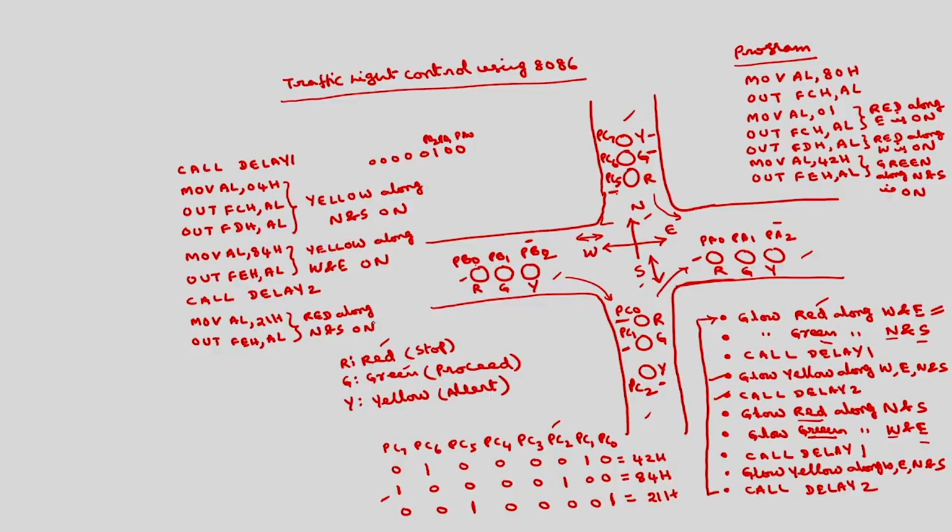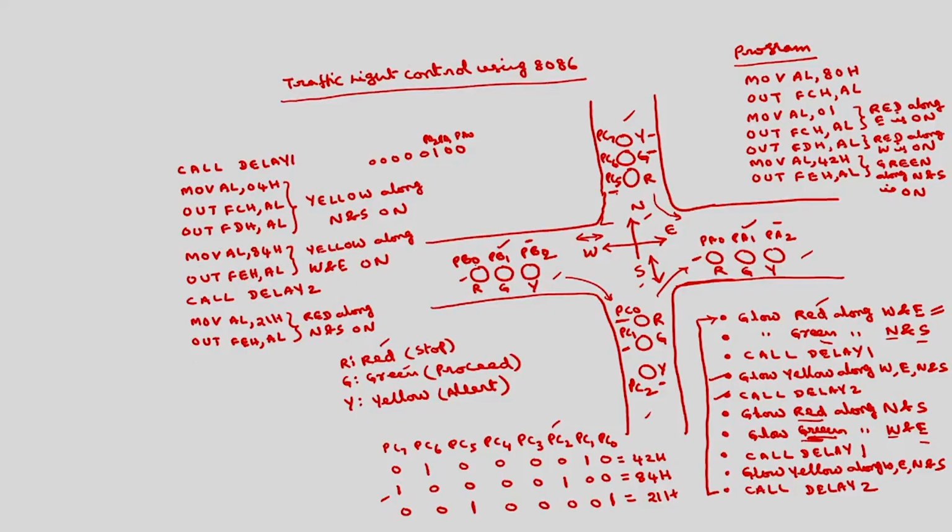Now, you have to turn on the green along west and east. So, green is connected to PB1 and PA1. So, for PB1 or PA1, the content that you have to take into AL will be last but one bit should be 1, means it should be 02H. So, we take 02H, move AL comma 02H,